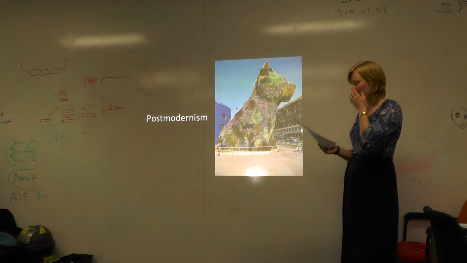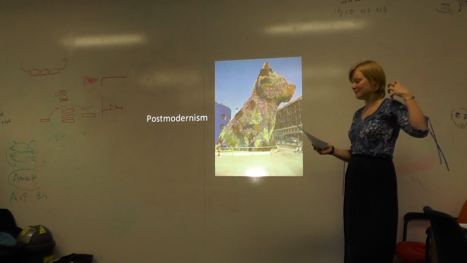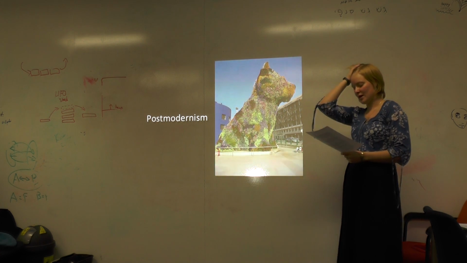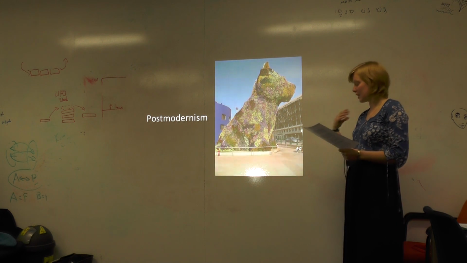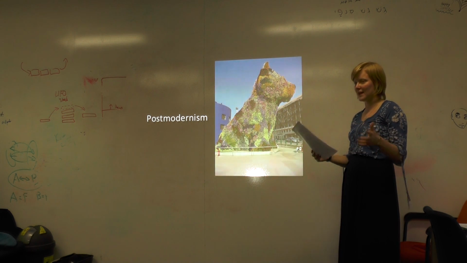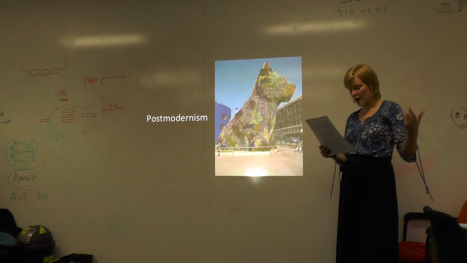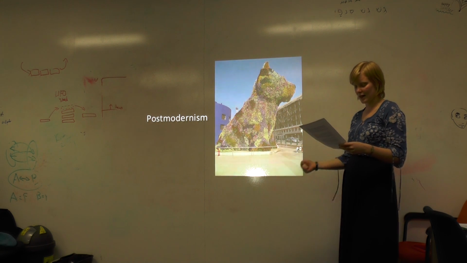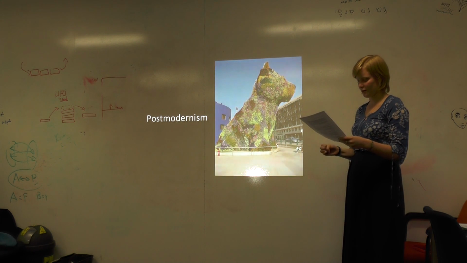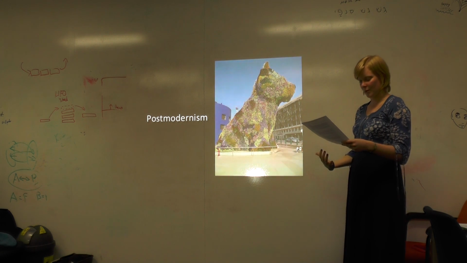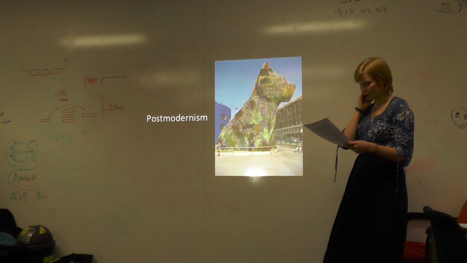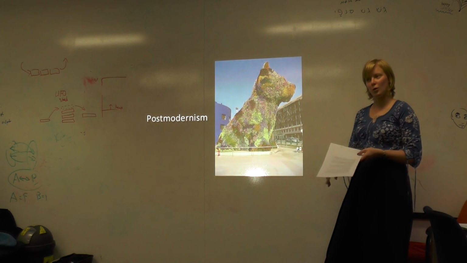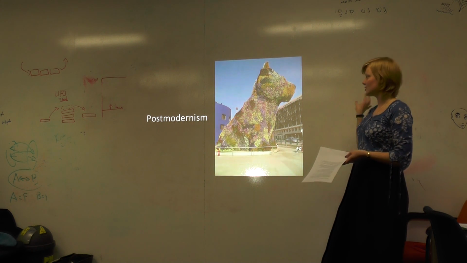Next one. So postmodernism was late 20th century movements, and it covered a lot of things. It was the arts and architecture, and it was basically trying to depart from modernism. They reacted against the tendencies of modernism and tried to change how people looked at things. It was often, at least in this case, and in the case of Andy Warhol with the soup cans, this is where you're getting